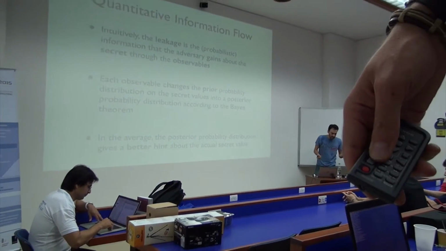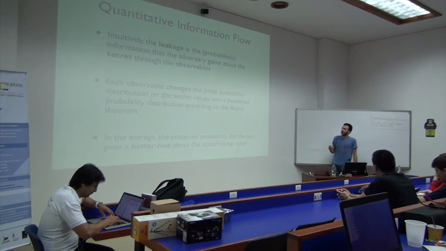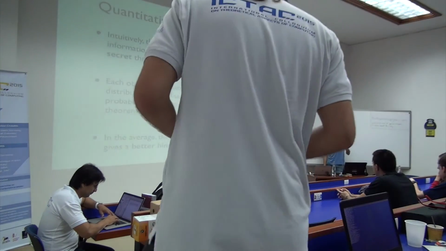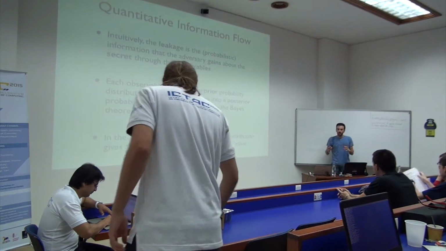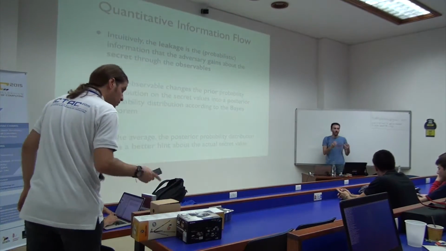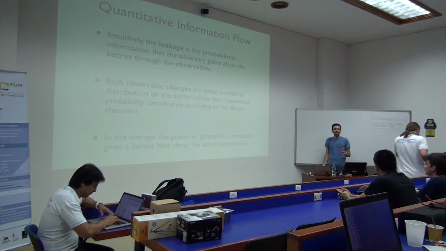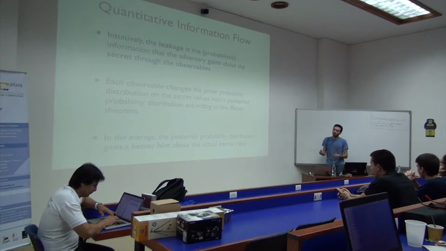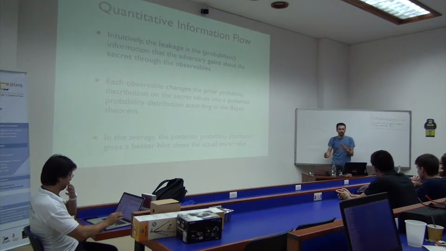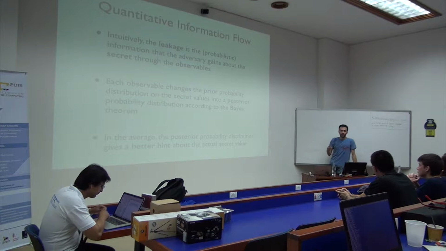You basically have a system that has some secret information that gets leaked through the correlation with some observable event, right? And we saw three types of these systems. We saw a small software program, this password checker, in which the leakage was small at the beginning, but then it was bigger due to this timing information. And then we saw